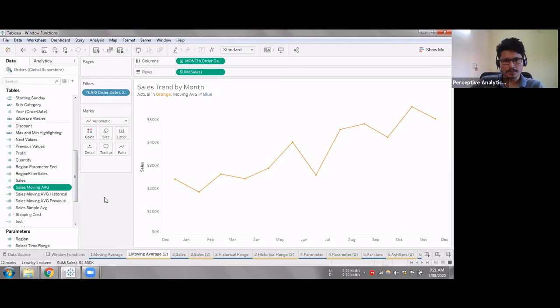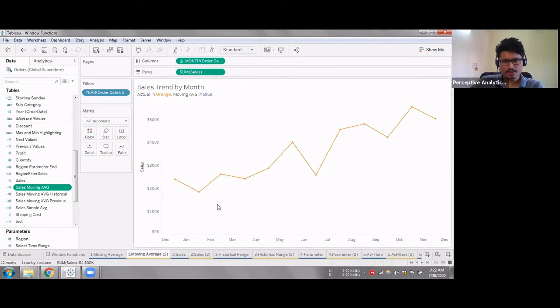The first 2-3 activities will be a kind of recap of what we have done, then we'll get into the new stuff. For this first activity, if you can see on the screen, I have a simple visualization. I have my date column on the x-axis and my sales on the y-axis, so it just gives me a sales trend for every month.